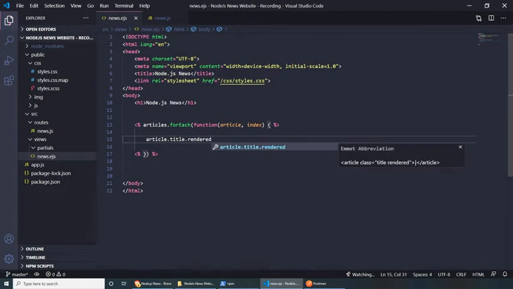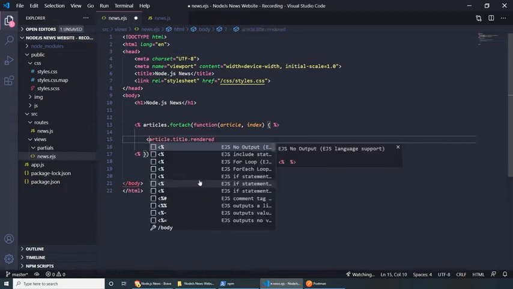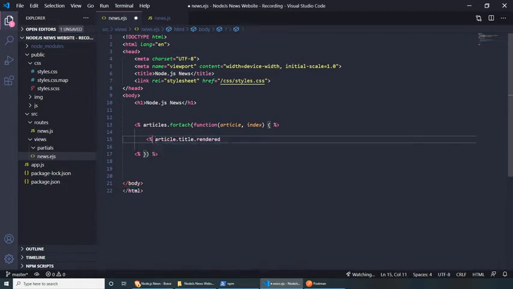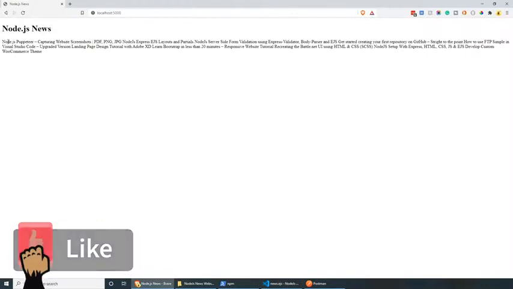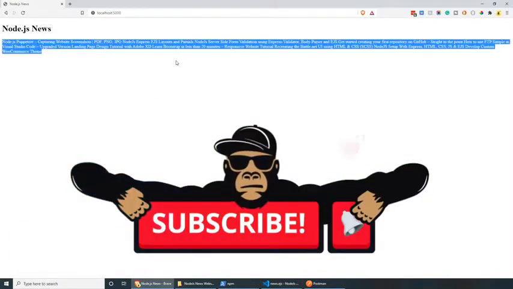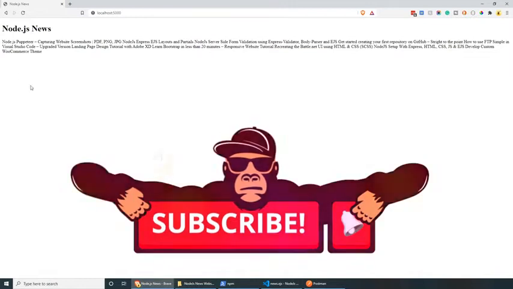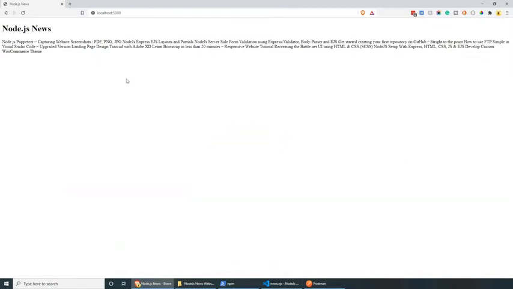and save. Actually, this needs to be inside EJS as well. So let's open EJS like so, and put dash on this one because we'll be rendering text. And let's close EJS, save this, and let's have a look at what we get. If we refresh the page, you should be able to see a lot of titles. Obviously at the moment we don't have any styles, but as long as you're getting the data, this is really